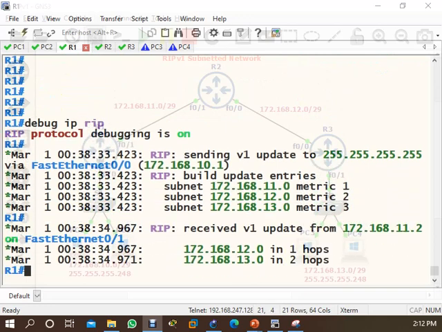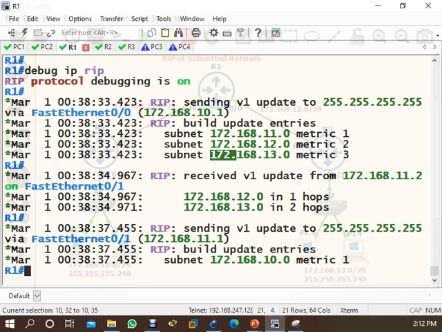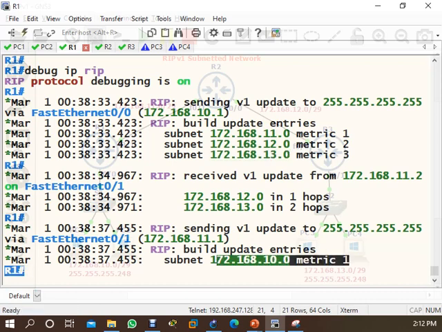Okay, sending update. See, the update is being sent as subnetted. But if you check the earlier ones, you will see that they were sending as 172.168.0.0. And why is it happening like this?